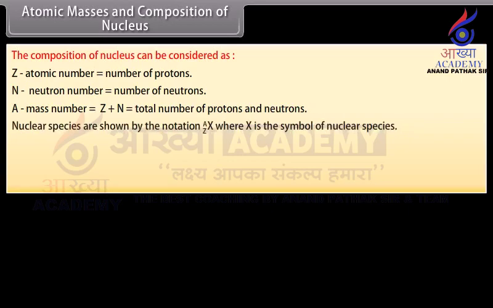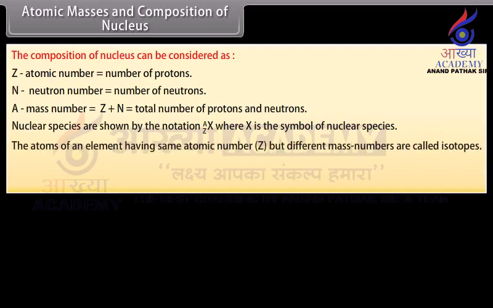Nuclear species are shown by the notation, where X is the symbol of nuclear species. The atoms of an element having the same atomic number, that is Z, but different mass numbers are called isotopes. For example, isotopes of hydrogen are